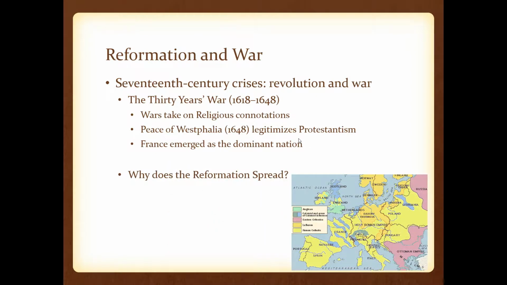So basically, the question then is begged: why does the Reformation spread? The Reformation spreads for these four reasons. One, this opposition to Catholicism, this idea that the church is faulty, overbearing, and wrong, leads a lot of people to move away from the church. You also have nationalistic ambitions. You have kingdoms that wish to expand their power and gain a lot more wealth and a lot more land, and they can't do that as long as the Pope controls